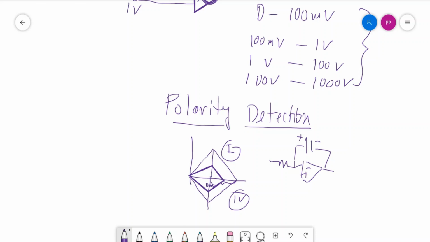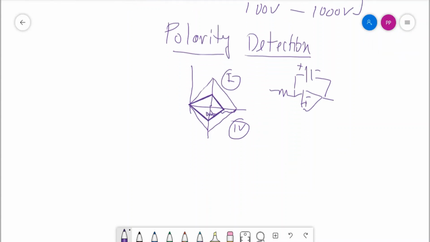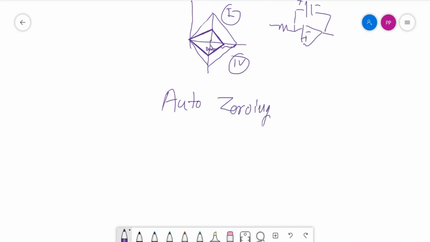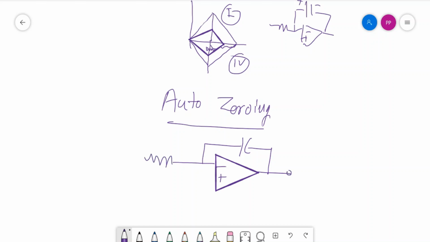Next is the auto zeroing. So let us see how we can do auto zeroing. This is simple. If you provide a low impedance grounding path to the capacitor which is already charged, then you can discharge it very fast. So here we are discussing the integrator. You have the integrating capacitor, the output is produced. After integration, the voltage